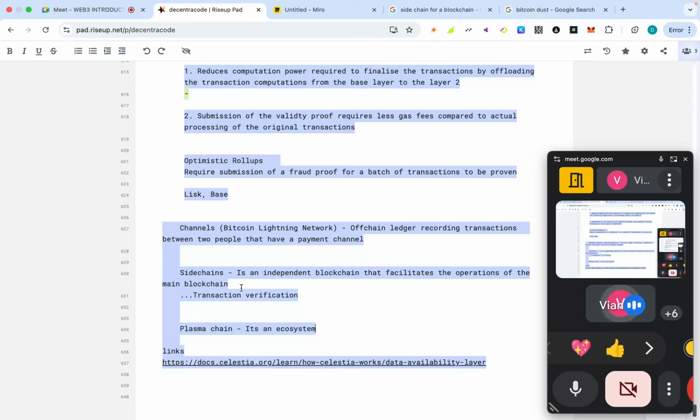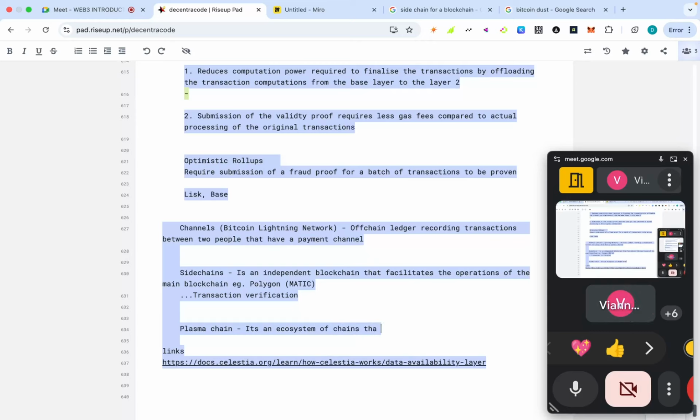By the way, what I forgot to put here is an example. I'm sure you've all heard of this one. It's very common. It's an Ethereum sidechain called Matic, Polygon. Is anyone familiar with the name? A thumbs up would be helpful. Okay, so Plasma Chain is just an ecosystem of